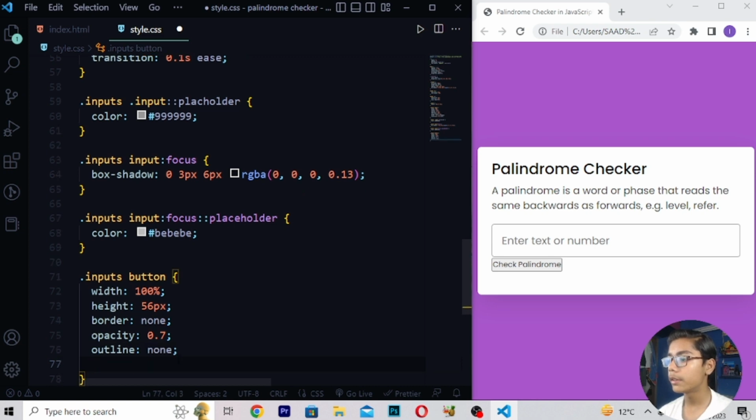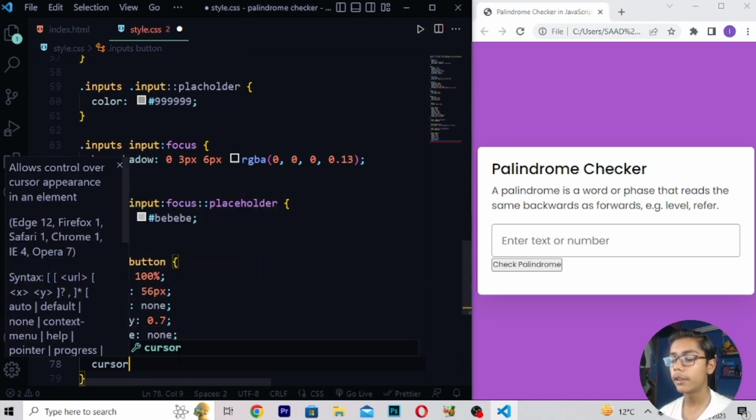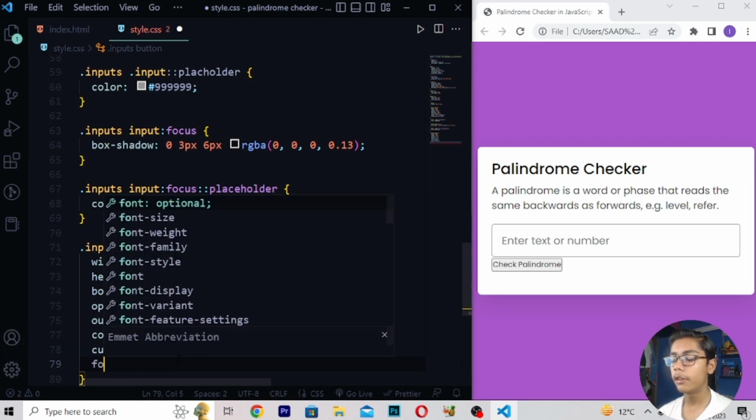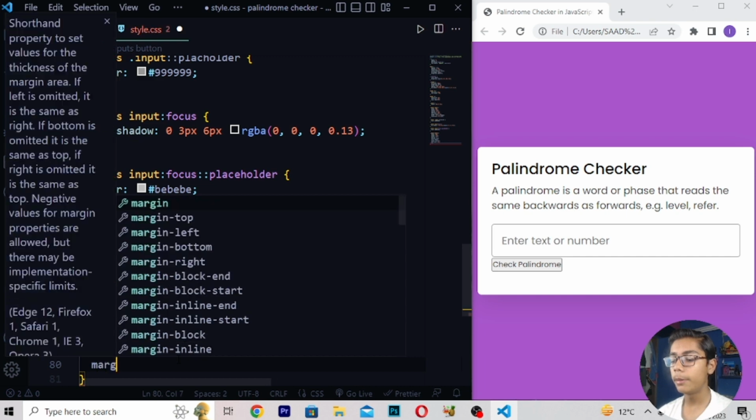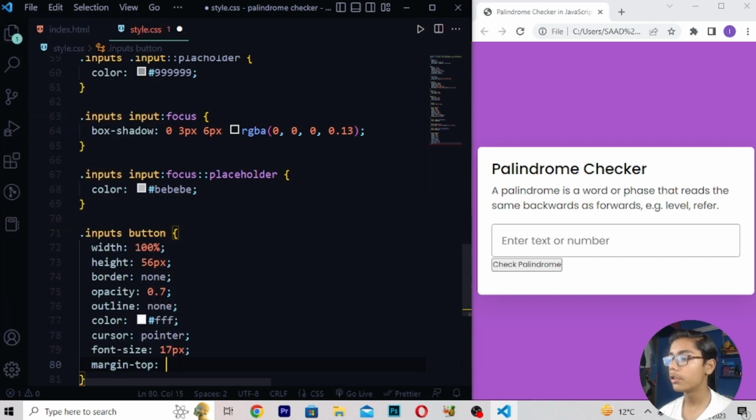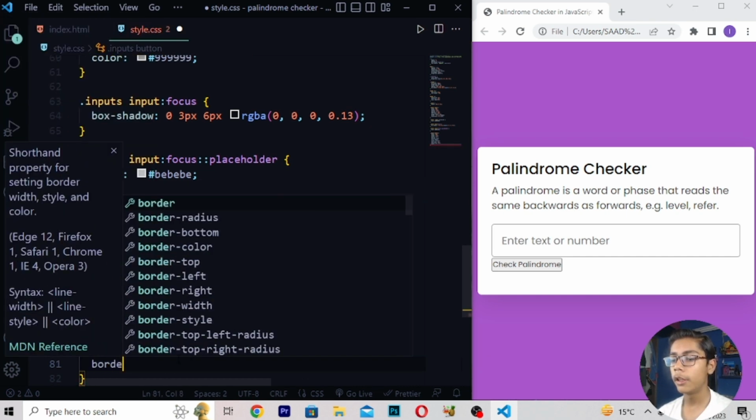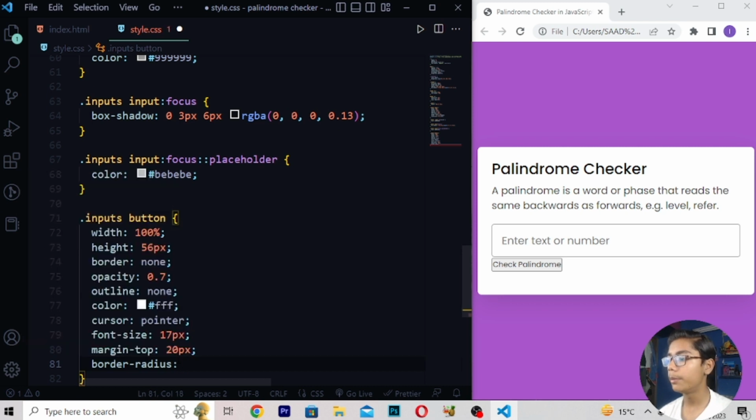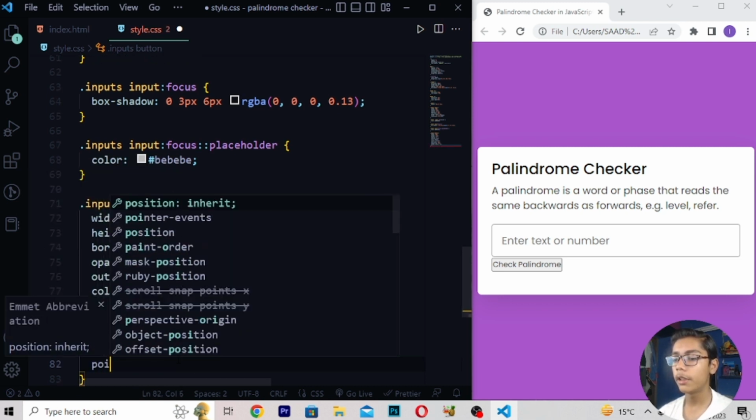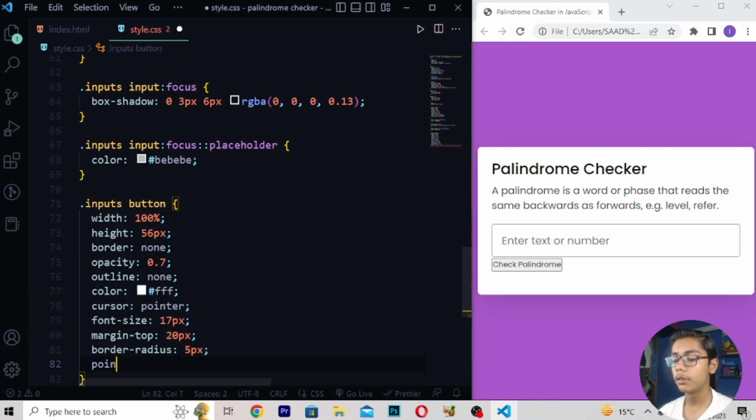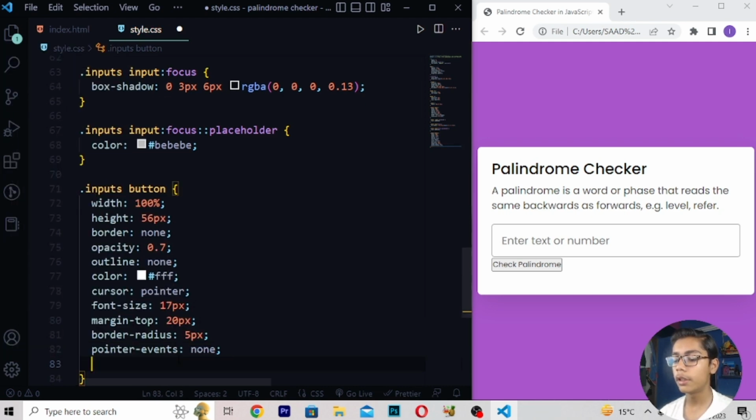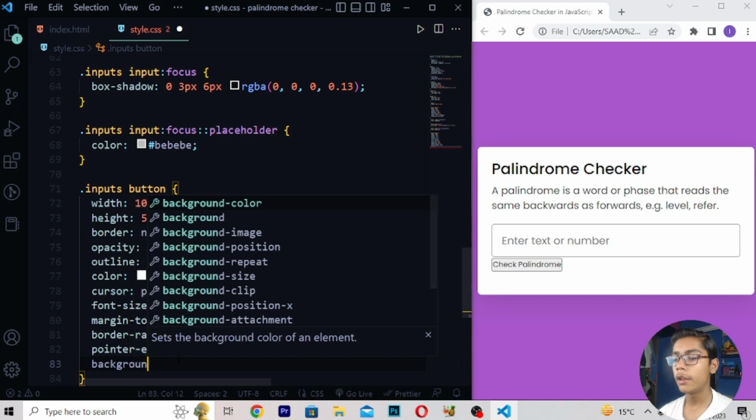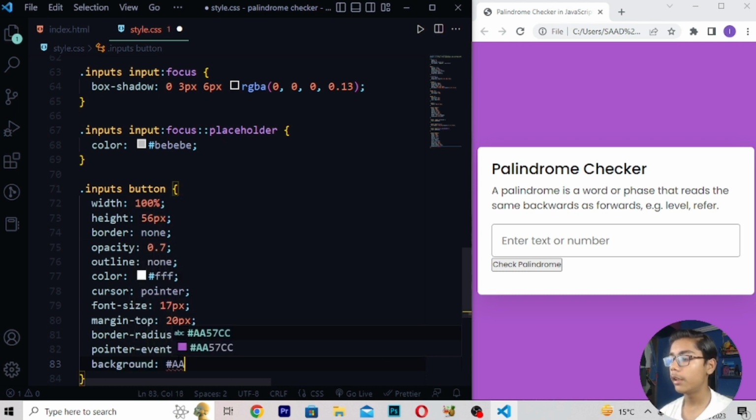Then here I will be just writing color, which should be white, for the text. Then cursor pointer, then font size, which should be 17 pixel. Here I will be writing margin top, which should be 20 pixel. Here you have to write border radius, which should be 5 pixel. Then pointer events, so here I will now be writing pointer events, which should be none. Then background, and in background you have to write